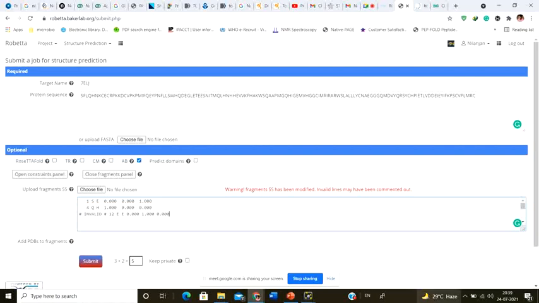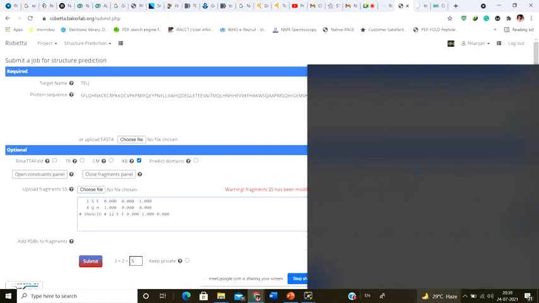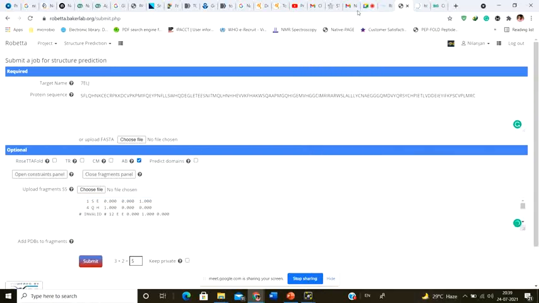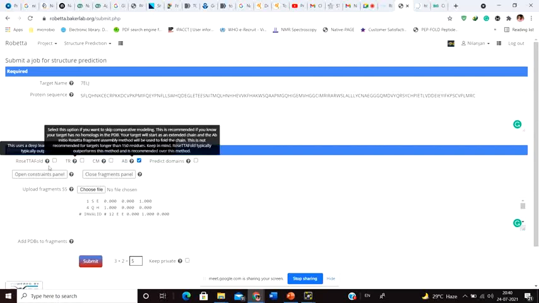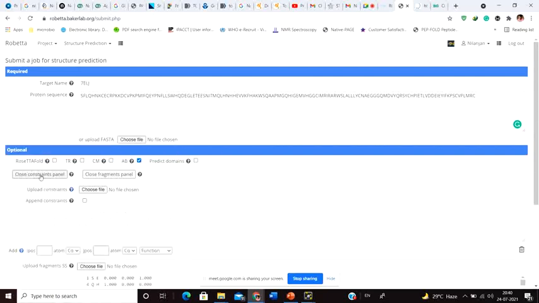If you have other information, you can get it from Chou and Fasman, or you could also get it from experimental sections. For example, suppose you are performing an NMR experiment with this particular protein, and from NMR you got small fragments, and from the small fragment you already know that this particular fragment has an alpha helix nature, and you identify these 4 amino acids can participate in alpha helix formation. You can upload that information here, but how? Using the constraint panel.